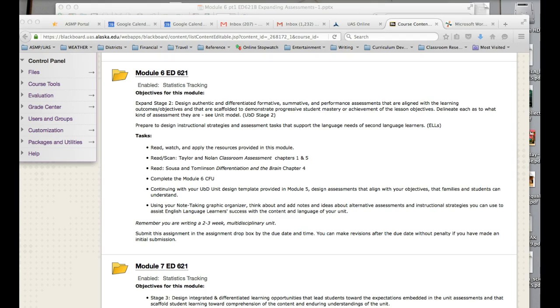Stage 2 of your backwards design unit. In this unit, the objectives for this module are to expand Stage 2, design authentic and differentiated, formative, summative, and performance assessments that are aligned with the learning outcomes objectives, and that are scaffolded to demonstrate progressive student mastery or achievement of the lesson objectives. Delineate each as to what kind of assessments they are, and we'll show you what that looks like in the